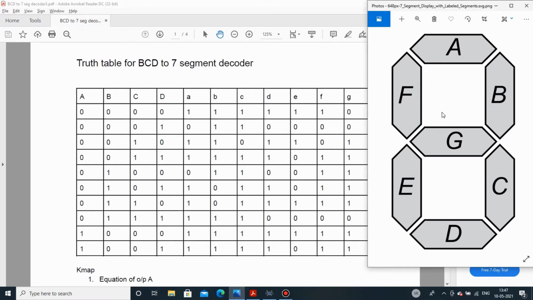When the BCD input is 1, on the decimal side we should have segment B and segment C on. So it will correspond to decimal 1, and similarly for the other numbers you can see. Let's take a random example, this one. When my BCD inputs are 0, 1, 1, 1, which corresponds to decimal 7, in order to display a decimal 7 on the display, the segments A, B and C should be on. Thus it will represent a 7 on the display.